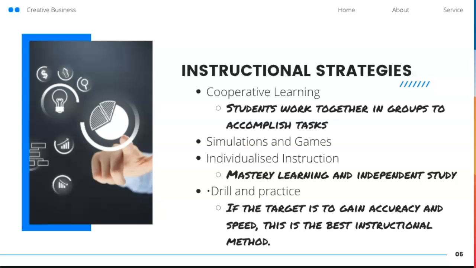So it may not work in a large class, but if your class is small, then individualized instruction actually is the best way to do it, because it's more personal,